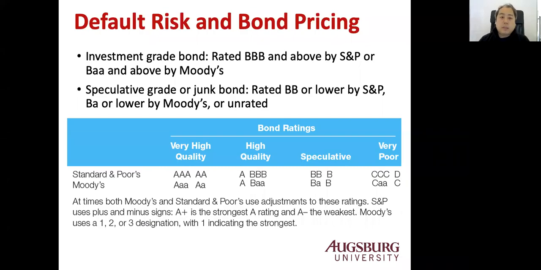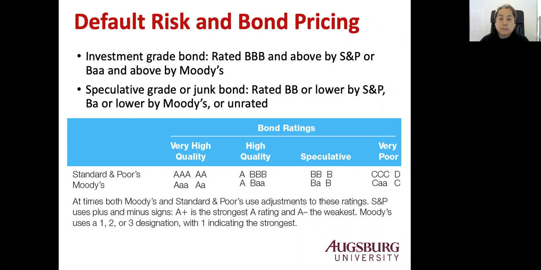Okay, the fourth part is about default risk. Default risk is the most serious risk in investing in bonds. It is the risk that the issuer does not pay back, so you lose everything basically. So we need information about this default risk, because it is one of the biggest risks that determine our